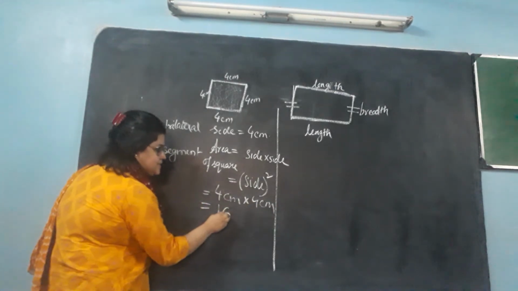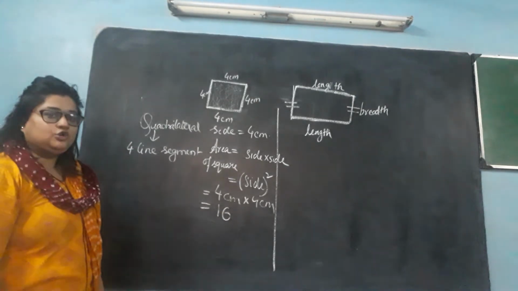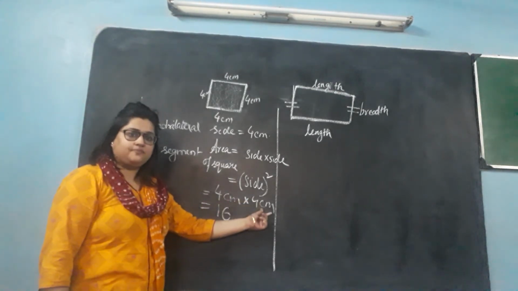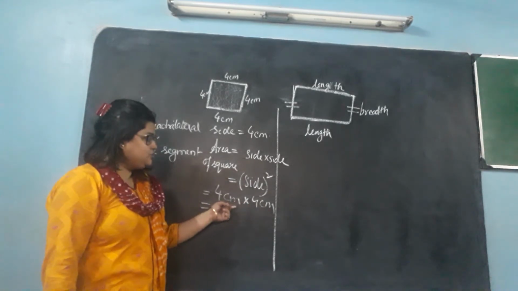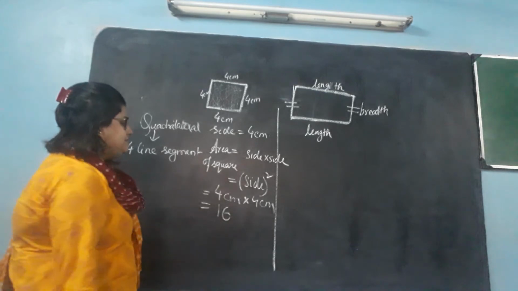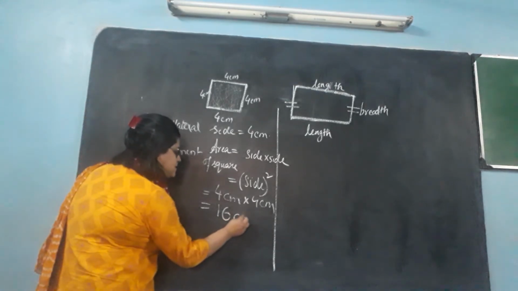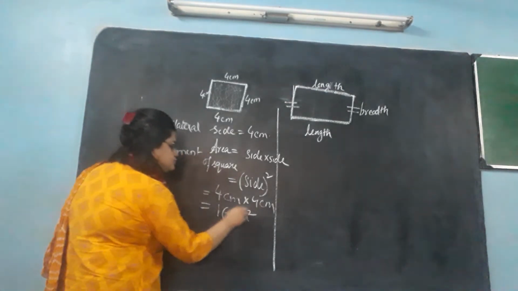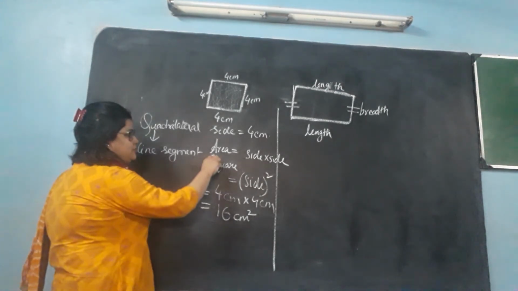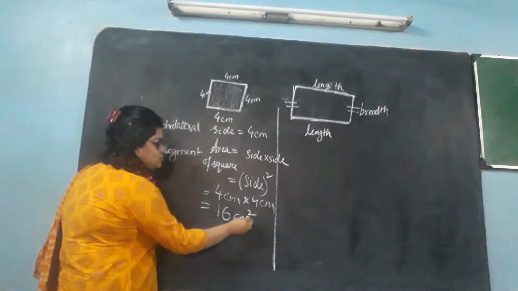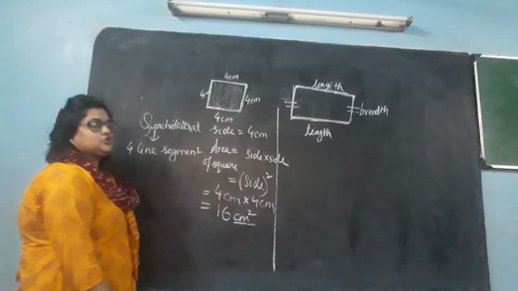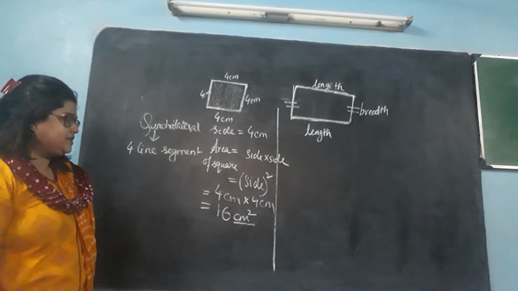Multiply the numbers, 16. The unit is given in centimeters. So centimeter into centimeter. Can you see that two similar units are multiplied? And I just told you that when you multiply two similar units, you can write square. So centimeter square. So the unit of area always has a square unit. Centimeter square is the unit of area over here.